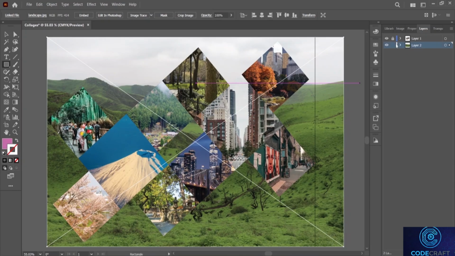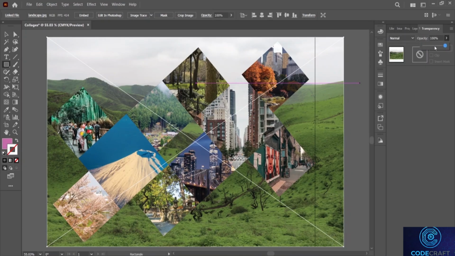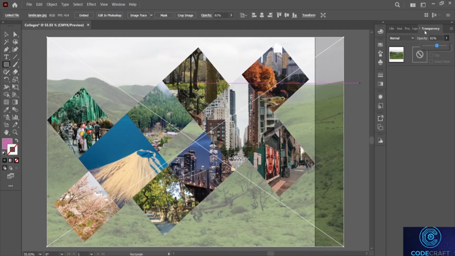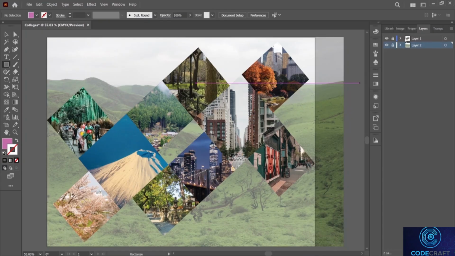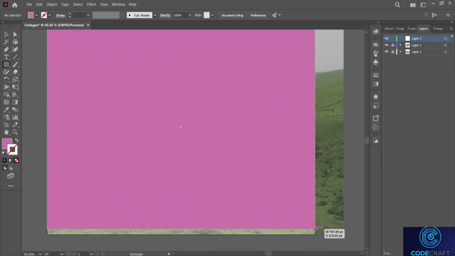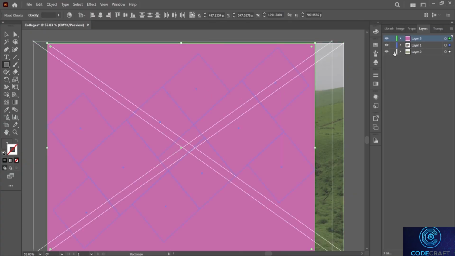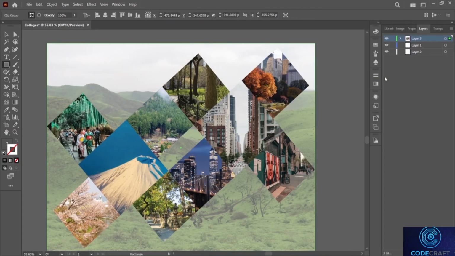Okay, I'm going to go over here again and then select transparency, make sure it is turned to like this much over here. All right, then again go to layers, lock this, create a new layer, go back up here. Okay, make sure the layer is on top, select the rectangle tool, create a rectangle over here. Make sure it intersects your artboard, then unlock all of them. Press Ctrl A, select all of them, then press Ctrl 7 to make a clipping mask,